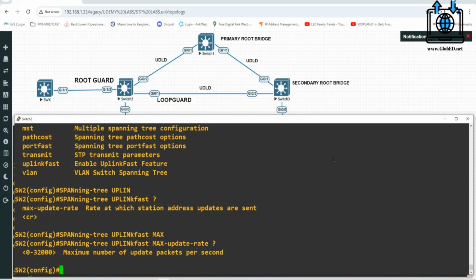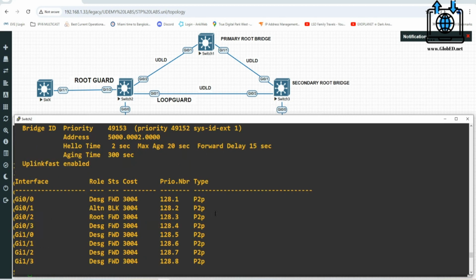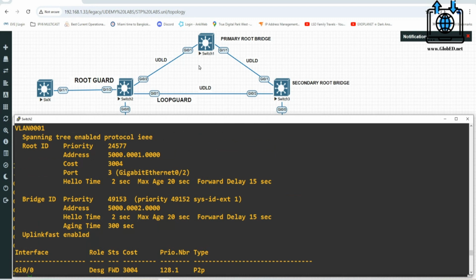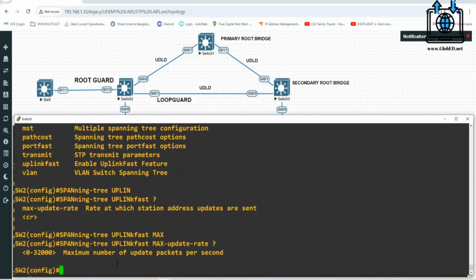But one of the things that you have to be very careful with is that you cannot do the uplink fast command in the root bridge. Basically, uplink fast provides fast convergence, and you can tweak the maximum number of updates per packet.